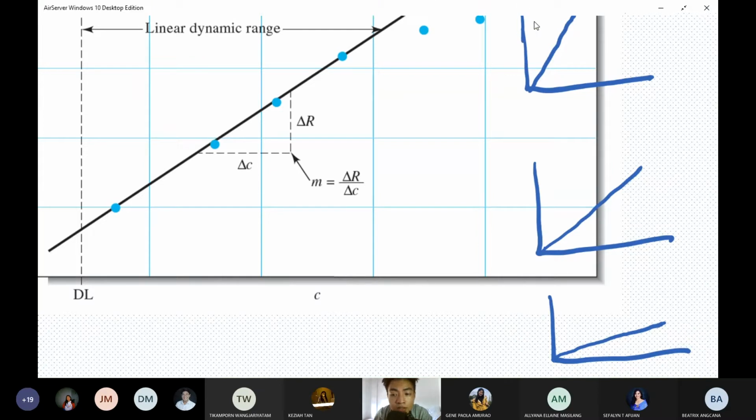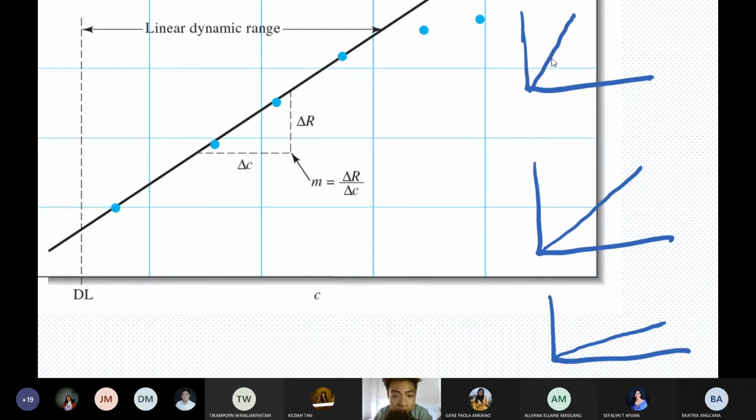So this steep slope, or this type of sensitive calibration curve, can be used when dealing with trace analysis or ultra trace analysis. So you can use this when analyzing trace or ultra trace constituents in your